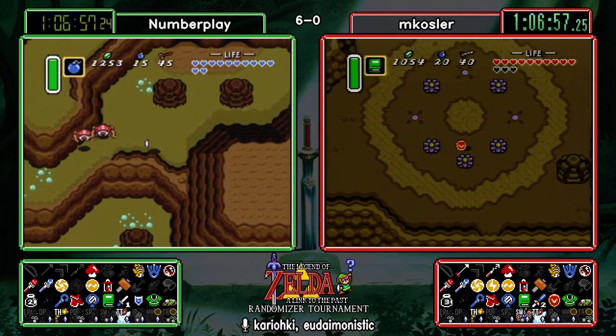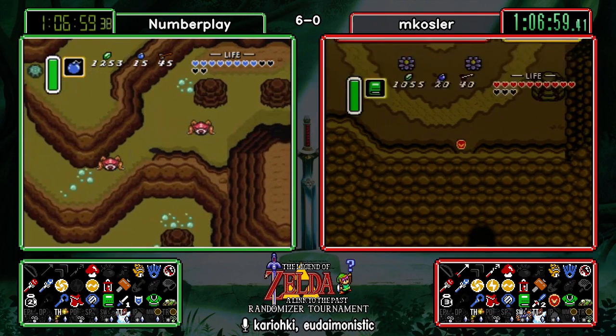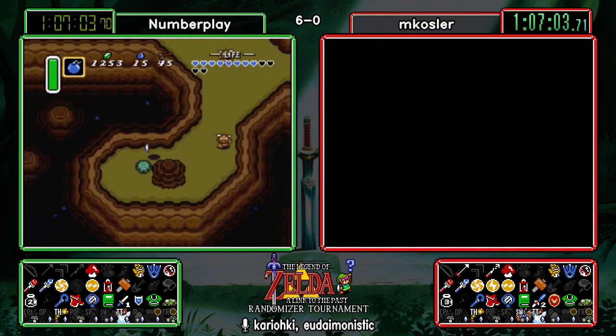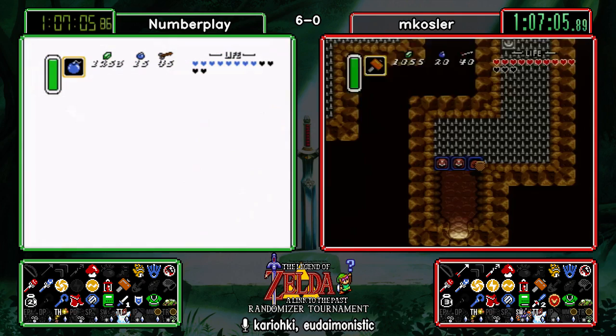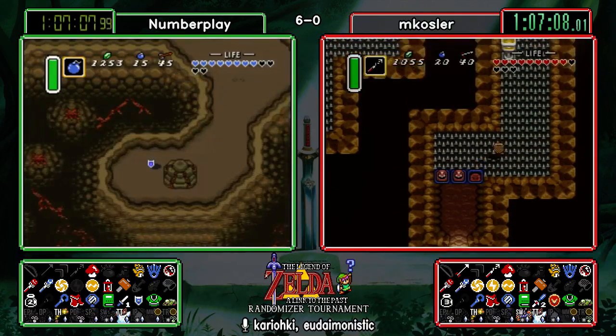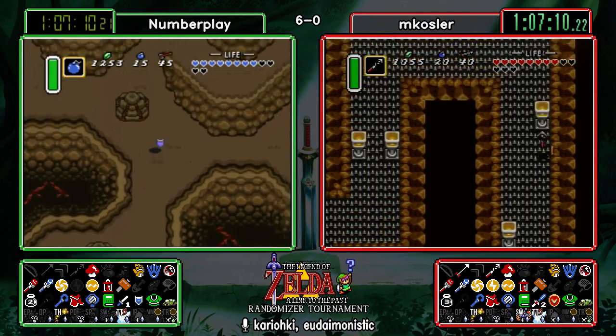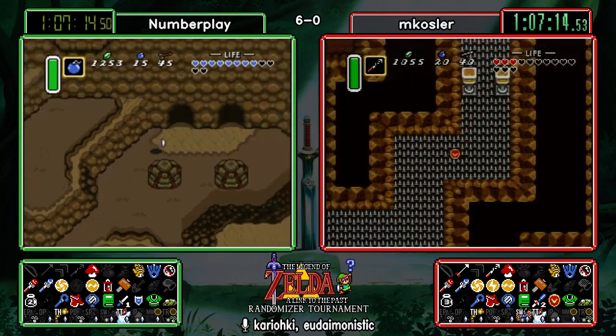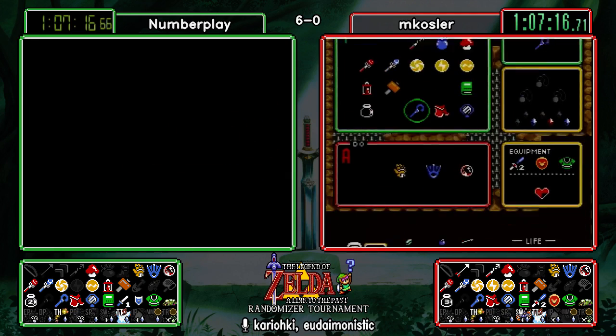We always see mkosler trying to take advantage of these bushes, which typically have a higher chance of spawning hearts or fairy. Very common NMG technique if you're trying to have full health for Mire. But he will use the hookshot to good effect here, and the cape to make sure he can get through this cave safely. Still always a little bit nerve-wracking to watch them